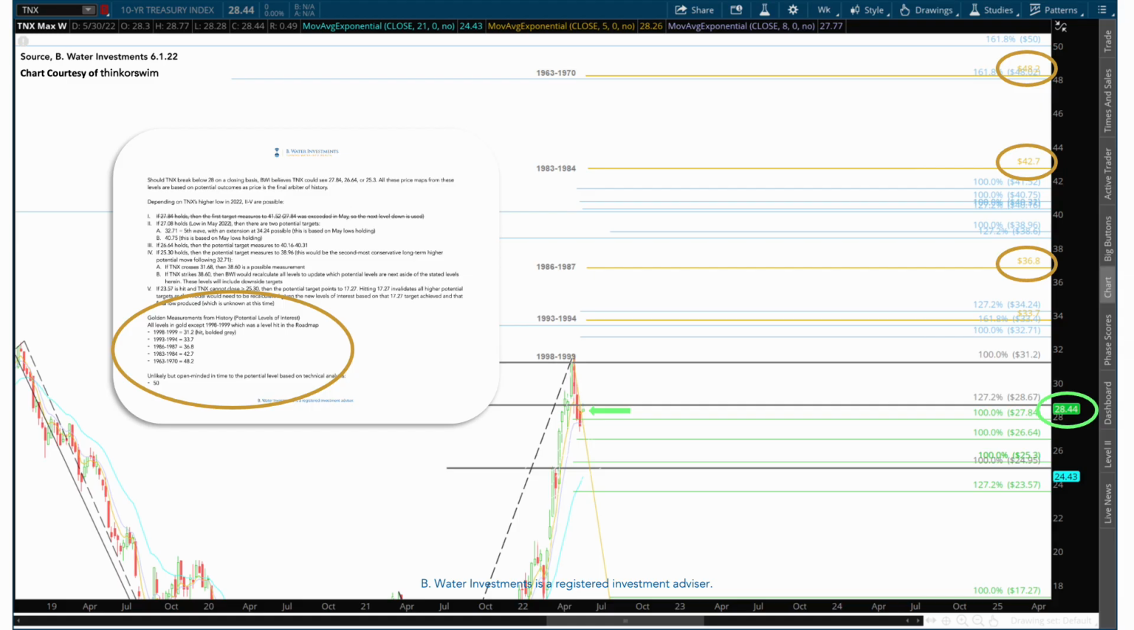Here's the TNX chart, also known as the proxy for the 10-year yield futures. This was an advertisement shared on June 1, 2022 with institutions, mortgage lenders, and bond traders. What we were suggesting when TNX was at 28.44 is that the golden measurements circled in gold were potential levels of